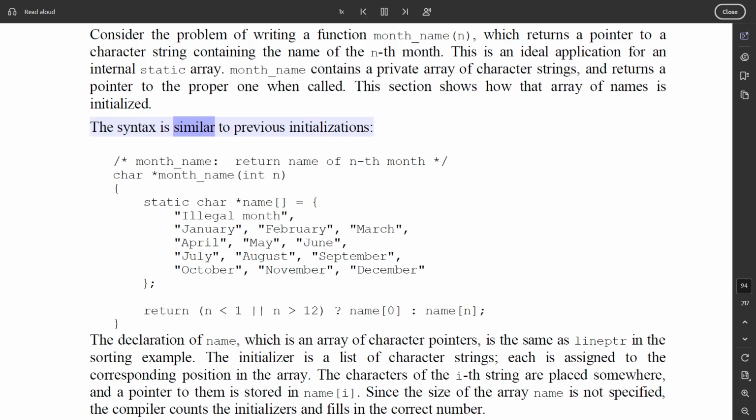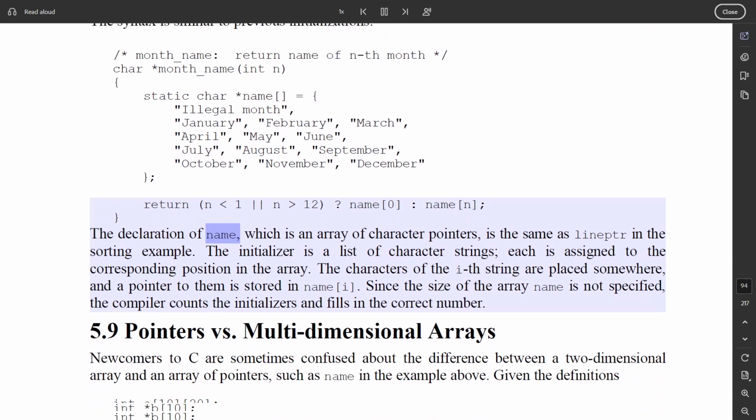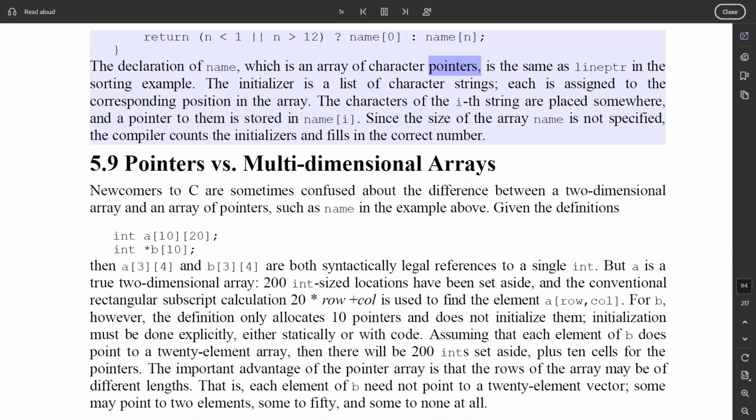The syntax is similar to previous initializations. /* month_name: return name of nth month */ char *month_name(int n) { static char *name[] = { "Illegal month", "January", "February", "March", "April", "May", "June", "July", "August", "September", "October", "November", "December" }; return (n < 1 || n > 12) ? name[0] : name[n]; }